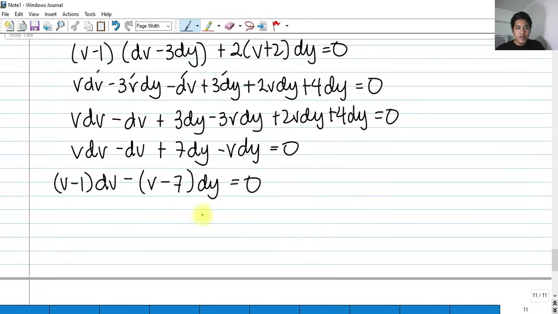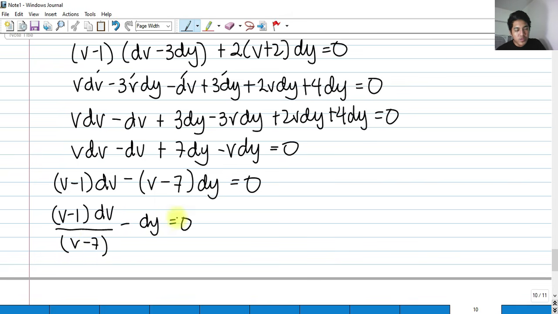So what will happen here is we're going to separate the variables. We have v minus 1 dv. We want all the v's in this term over v minus 7, minus dy equals 0. So if we're going to integrate this,